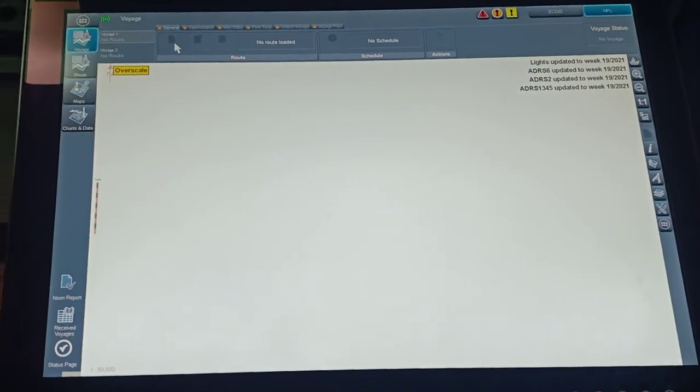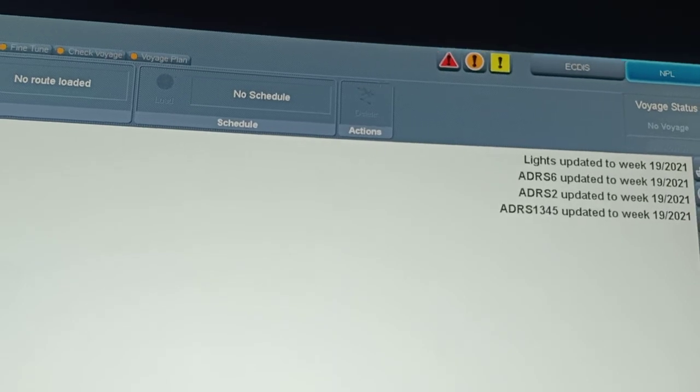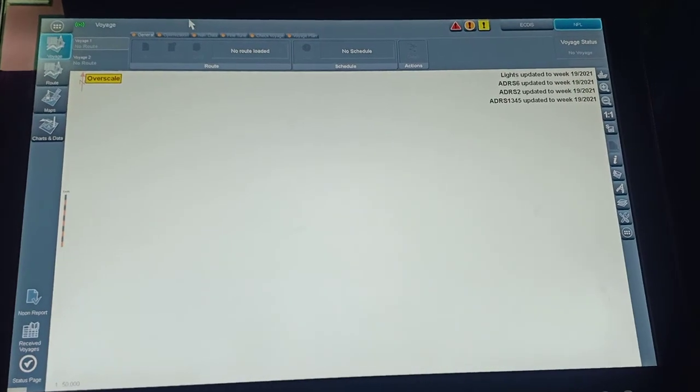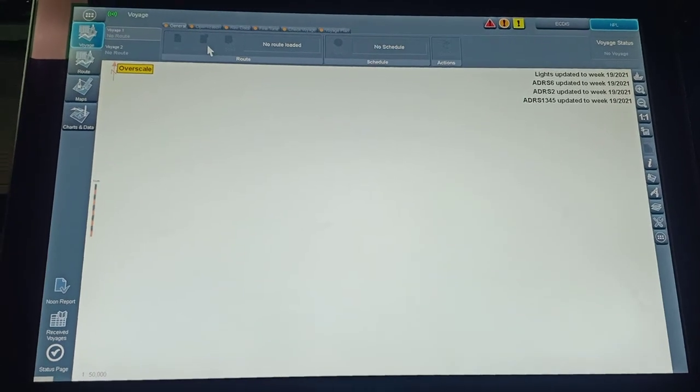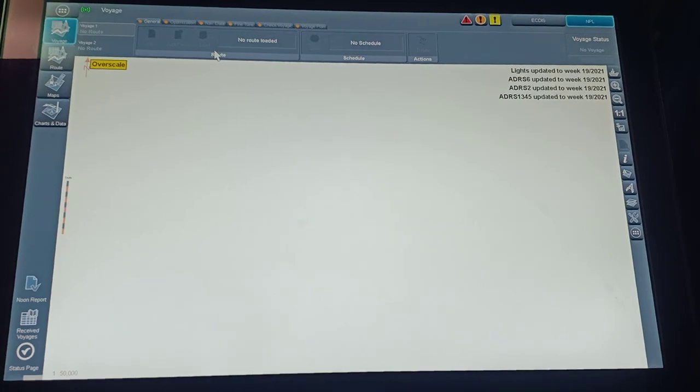You can see these icons are not coming clearly because it is still uploading. You can see uploading charts to ACDIS on the right side. So you have to wait for some time so that these icons become visible to you, so that you can use them for reference. We will wait for 2 to 3 minutes.